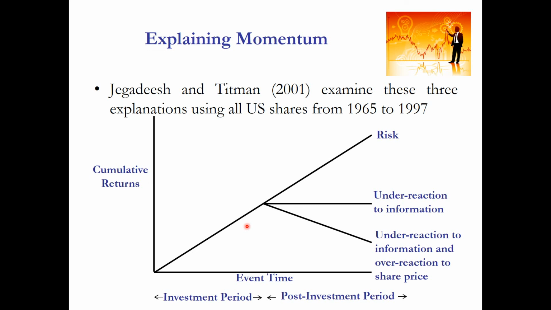So we all know about the momentum strategy is that at time zero, which is at the start of this axis, which is here, we have ranked all stocks based on their past performance. Let's say that that's a period of the last 12 months. Based on our ranking over the past 12 months, we then identify our portfolios of winners and losers, and we invest for a period of 12 months.